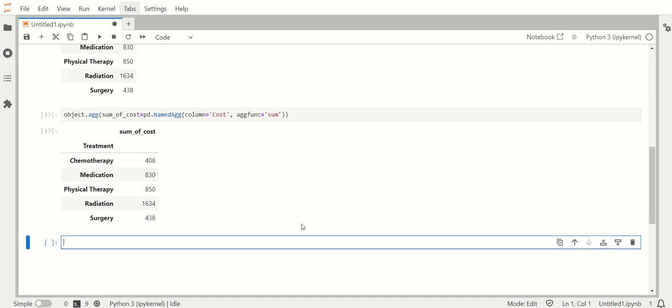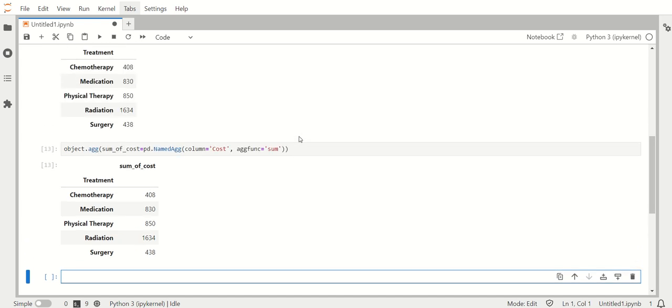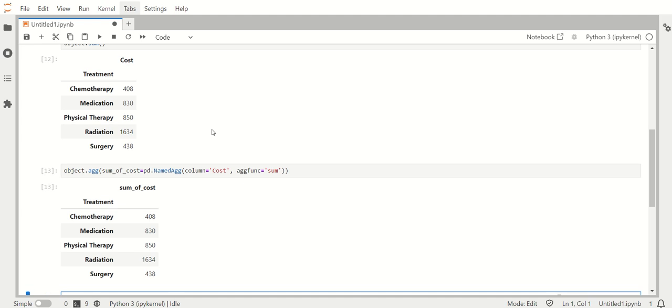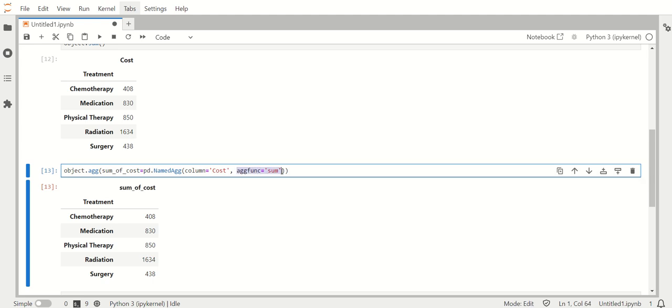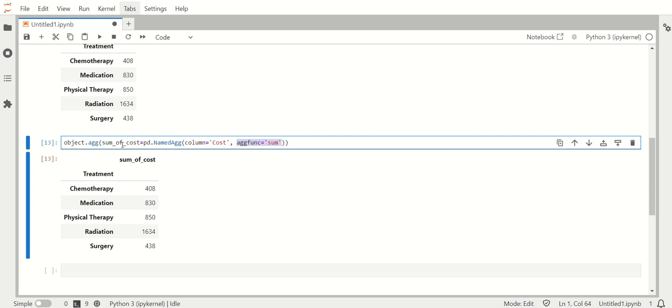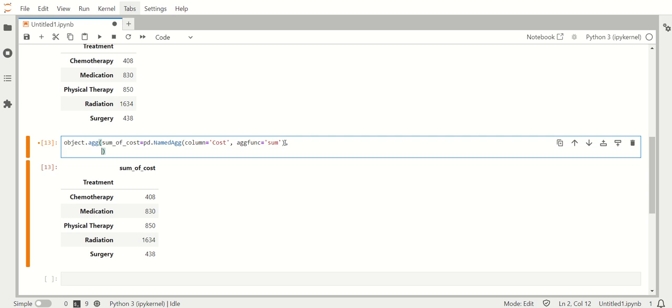If you run this, you'll see that it created the same result as above, but we got to name the column. What's also cool is this aggregate function not only takes multiple values, like I'm going to show you another one so you can see how it looks, but you can also put lambda functions here and call other functions, so it's really